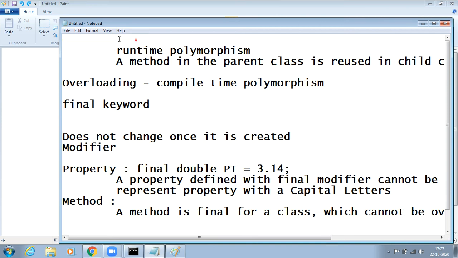Overriding is required when we want to use the parent class information. The best example we have seen is the applet concept, where applet has a paint method. Paint method is a method of the component class. Generally we say class extends Applet, so from Applet we are getting the paint method and using it again.